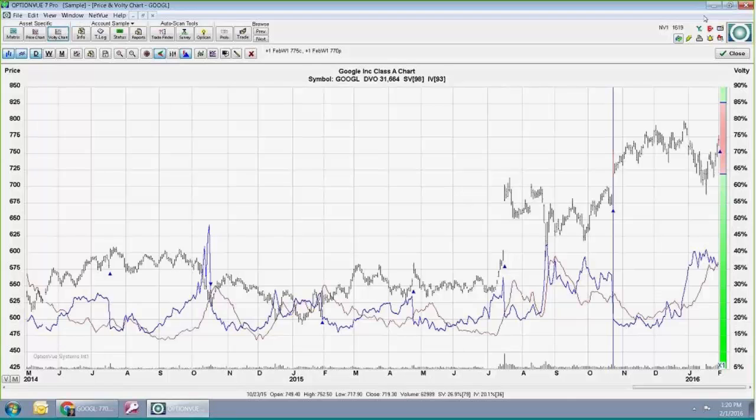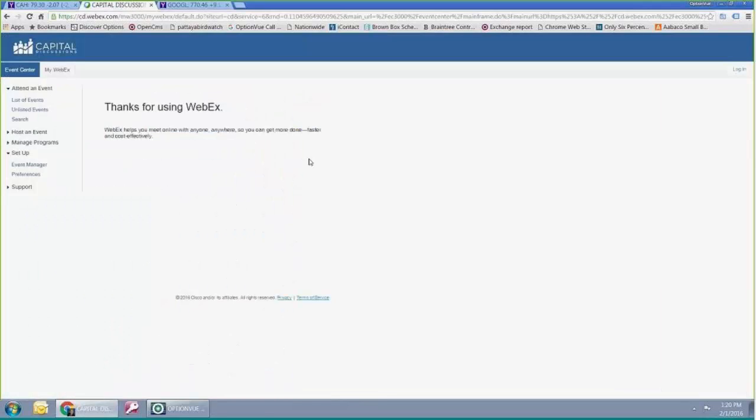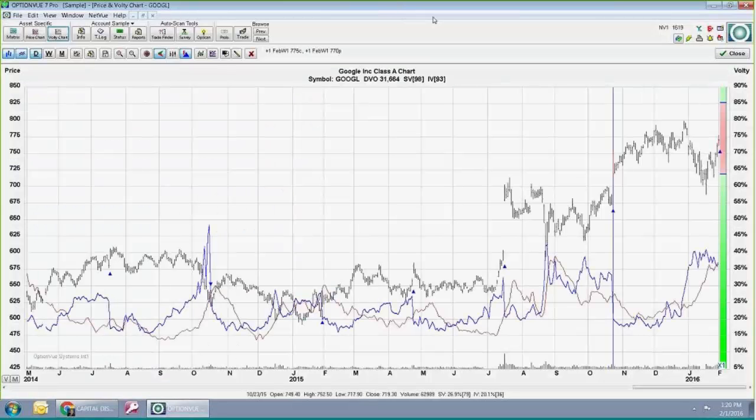Let me just bring this down a little bit just so I can see if I can see my chat here, just to see if I'm missing anything. Yeah, Ray asked, can you get less than 30 days with the M button? No, that M button, that's what we store, is the 30, 60, 90, 1 year, 2 year. We do not store any of those short-term low volatilities, especially because a lot of the stocks don't even have it.